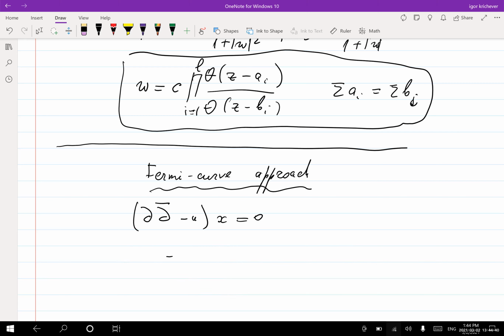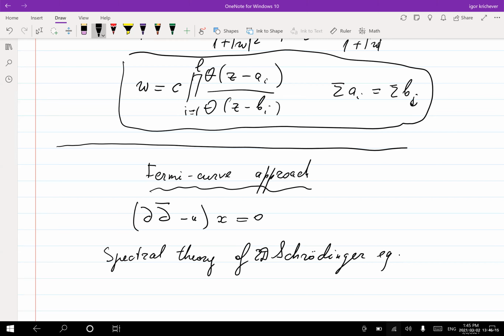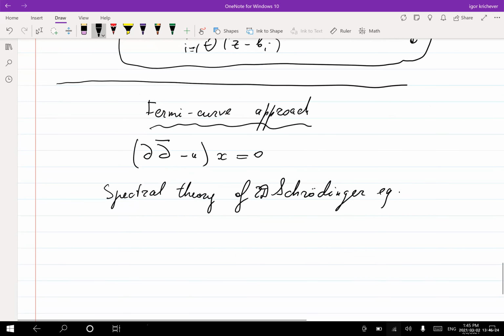I want to recall some basic facts about spectral theory, spectral theory of the two-dimensional Schrödinger equation. But actually what I'm saying is applicable to any two-dimensional linear operator with periodic coefficients. Okay, you have u,